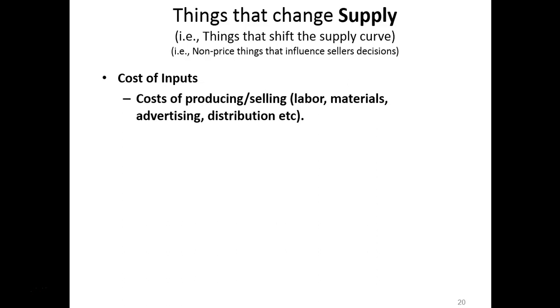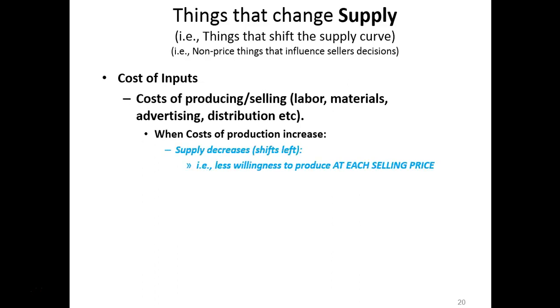So when the cost to the producer, whether it be labor or materials or advertising or distribution or any of those things, changes, that's going to change their incentive. At each selling price, if their costs increase, it's less profitable for them to produce that product. So supply is going to decrease. If it gets less expensive, if the costs go down, that's going to increase supply,